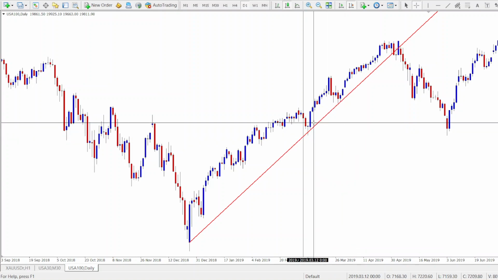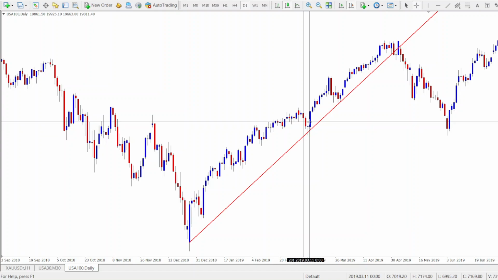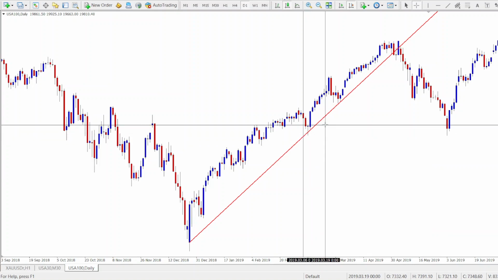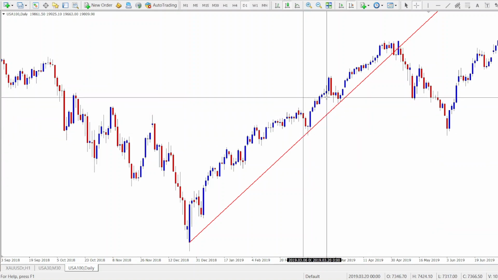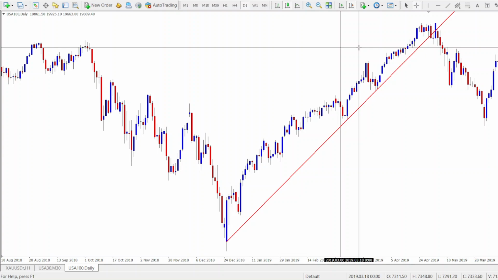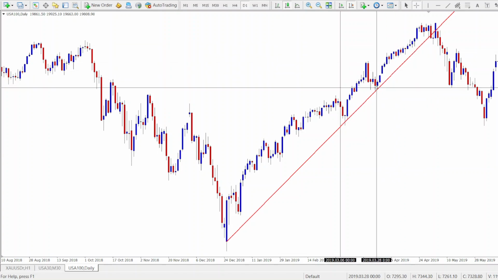So we would have entered right after the candlestick pattern and set our stop loss below the doji, and then we would have exited at the next resistance level, or we can use other indicators to confirm our exit signals,